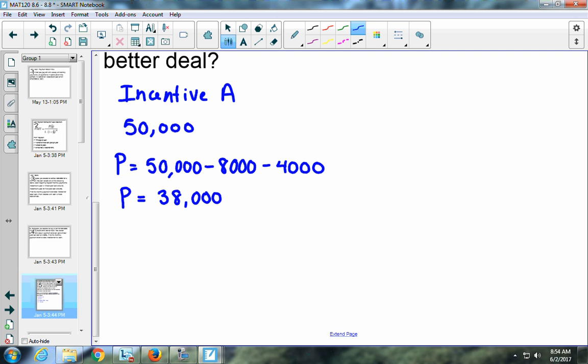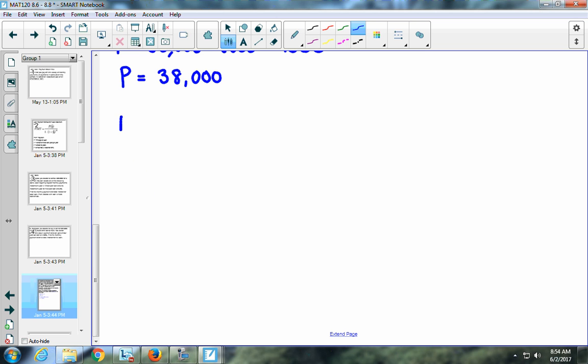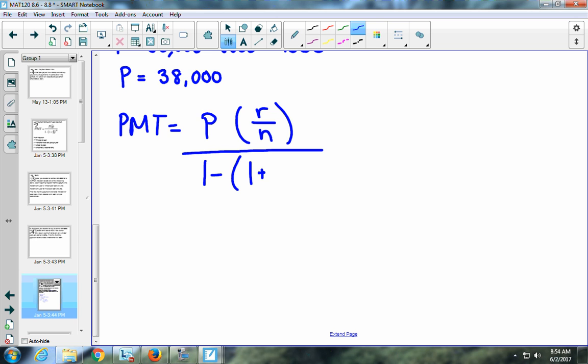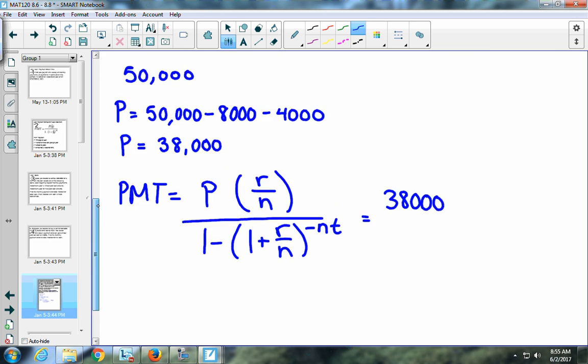Now I get to use that payment formula. That formula is payment equals the principal times the rate over the number of payments per year, all over 1 minus 1 plus that same fraction, all raised to the power of negative n times t. In this case, my principal is $38,000. If we look back up at incentive A,